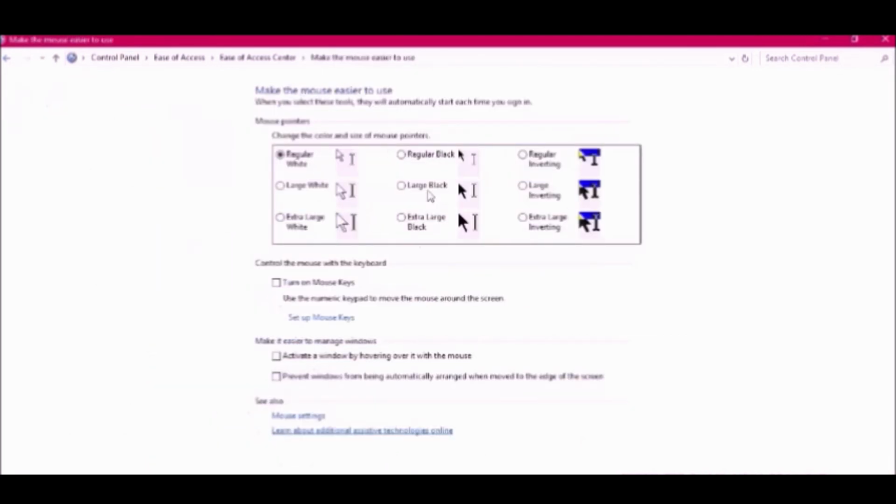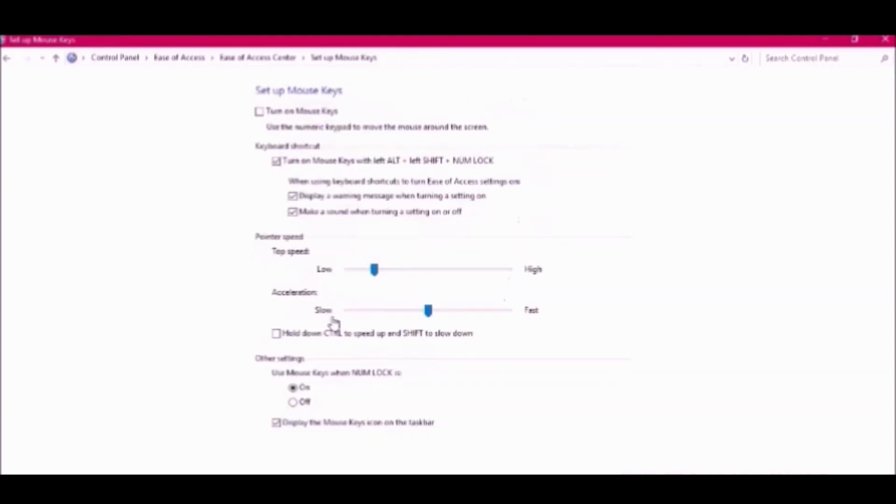Here you can see, for people who have visual impairment, we have various types of mouse options. Mine is regular white, you can select regular black or inverting and so on. Then set up mouse keys, where you can select the speed at which the mouse will move, the acceleration and all that.